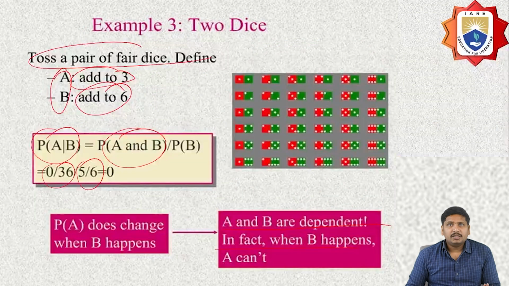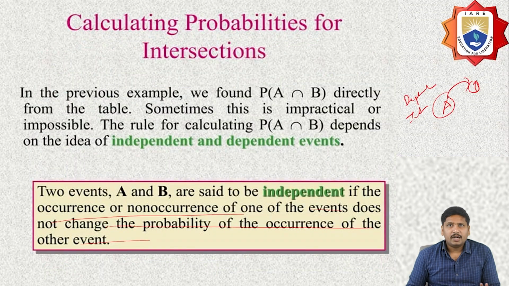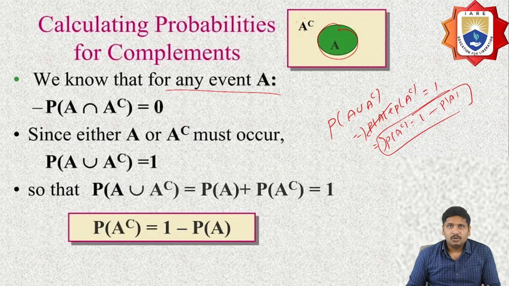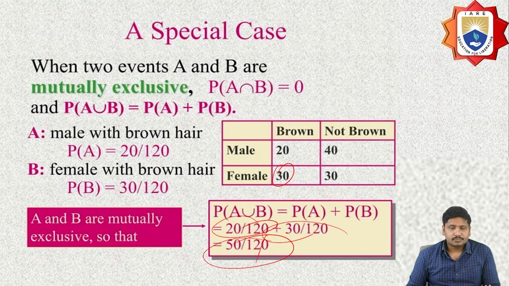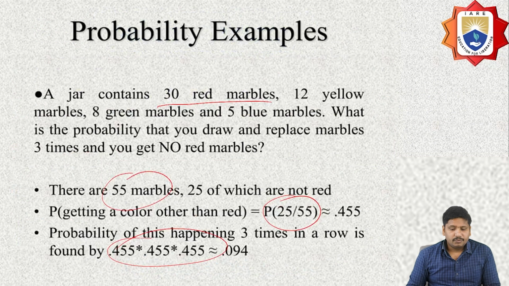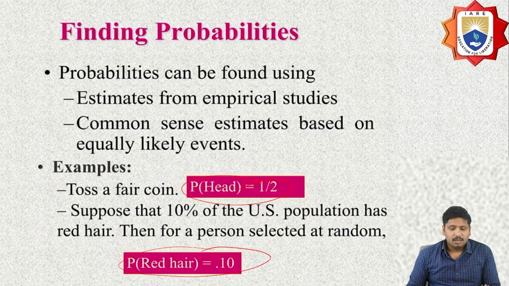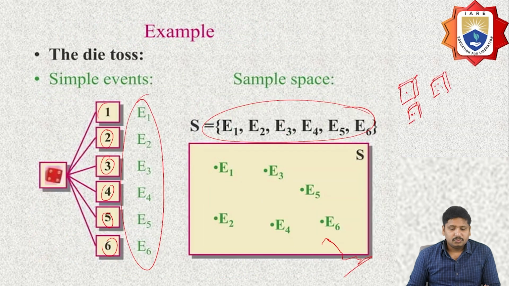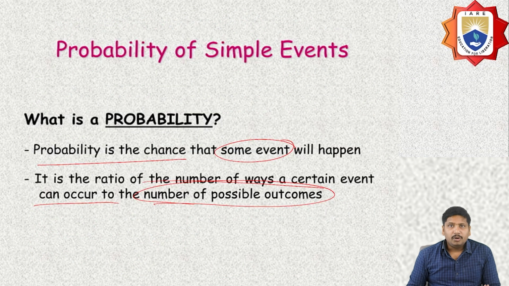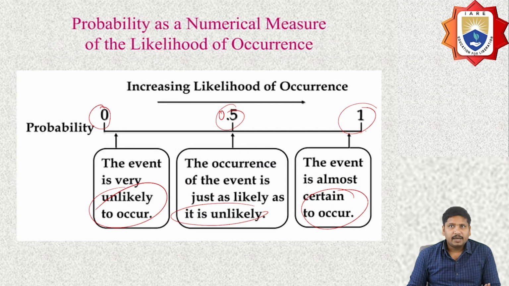So these are some of the basic concepts you have to remember when calculating conditional probabilities, and they play a vital role in probability. In the first one, what we're going to say is that probability relates to an event that may occur only once. Probability is the chance that the event may occur, a ratio of the number of ways the event may occur to the total number of possible outcomes, and the likelihood of occurrence lies between 0 and 1.